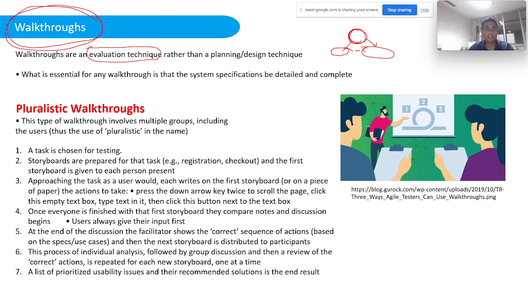So what we do here is like you give a task. So there are two types of walkthroughs. One is pluralistic walkthroughs. So pluralistic walkthrough means there are more than one user group or more than one group of people involved in the study. So generally in pluralistic walkthroughs, you have the end user group. So probably 5 to 6 end users. Then you have usability experts, again another 5 to 6. Then you have the programmers, okay,